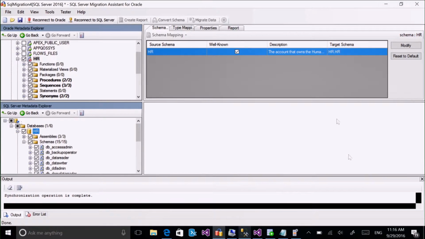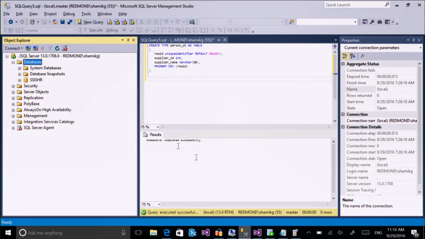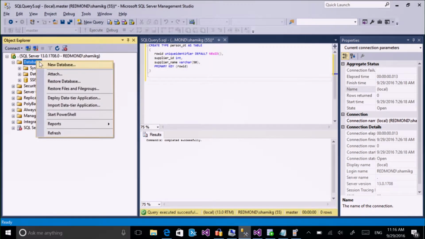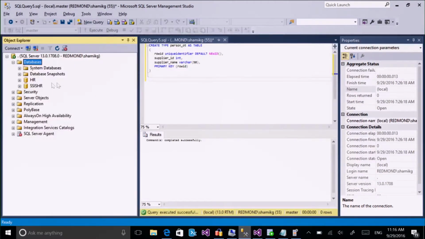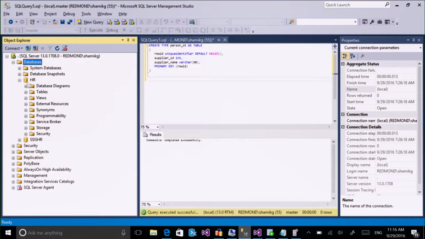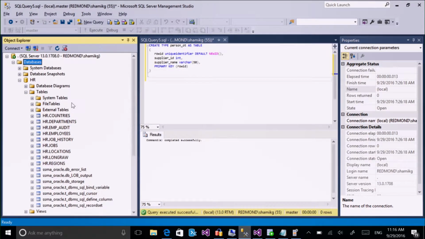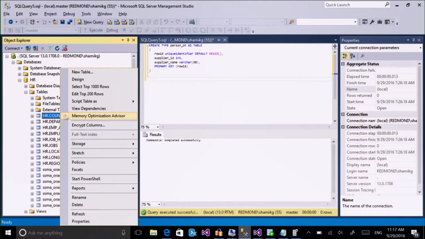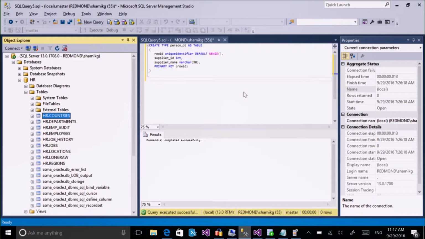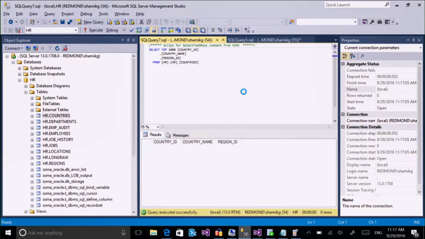So now that the process is complete, let's quickly take a look at our SQL Server instance. The HR database was created. It actually created a bunch of tables in it. I can see the tables, yes. Now let's find out if there's anything inside the tables yet. There's nothing. So right now these are empty tables. So that's your next queue to